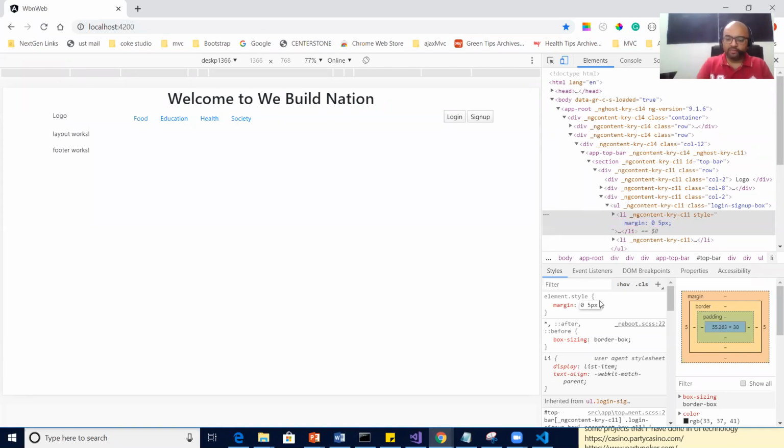Bottom, I don't need any margin, so 0. And then left, clockwise, see, top, right, bottom, left. And finally, fourth one, left side, again I need 5 pixel margin, correct? With this, you can see a gap is there.